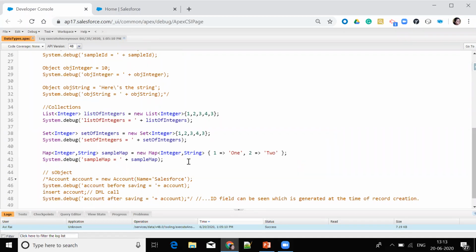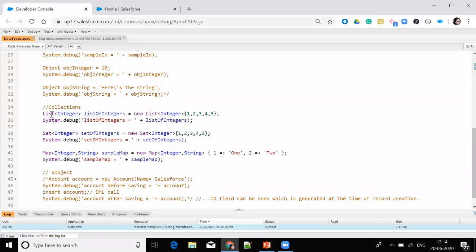Non-primitive data types here we can see are of 3 types in Apex: one is list, second is set, and third is map. Here list is a collection of the integers which I have shown, but a list can be a collection of anything, string or any object.